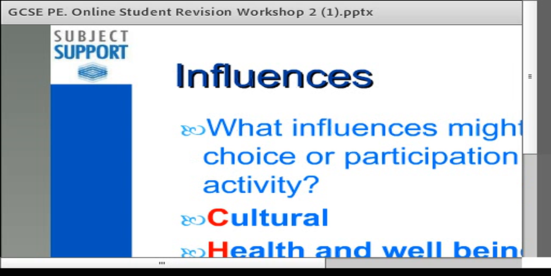Alright, first topic we're going to look at is key influences surrounding getting involved within sport, and what influences might affect your choice in taking part within physical education. Now, for your exam, it's going to be really important that you understand different influences and what they are. And the way that you can do that is through using an acronym called CHIPS, CHIP PR or CHIPS R,